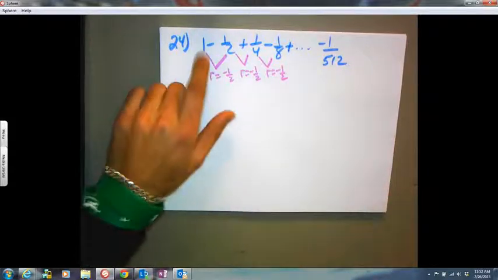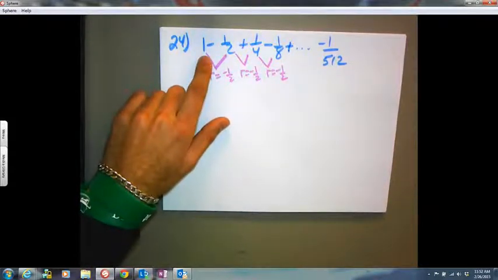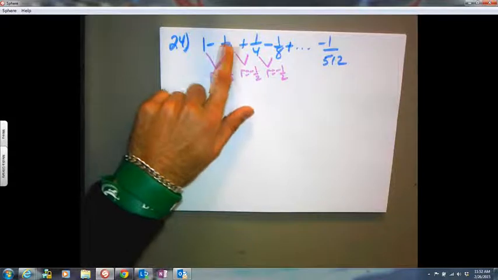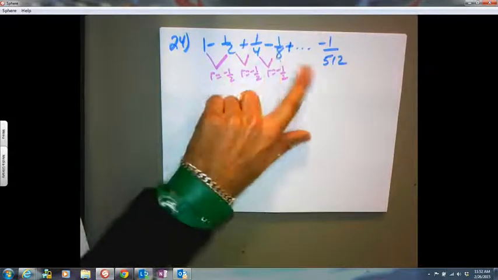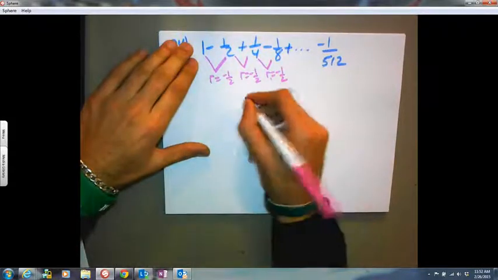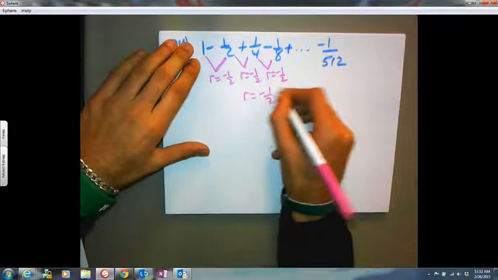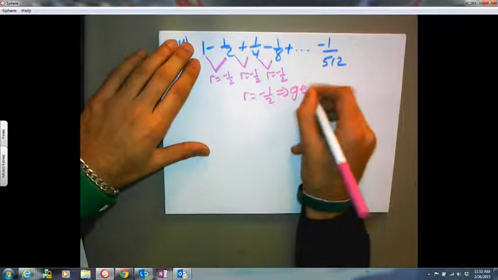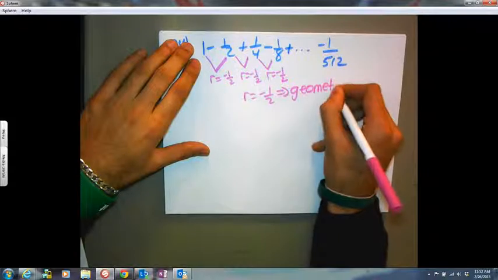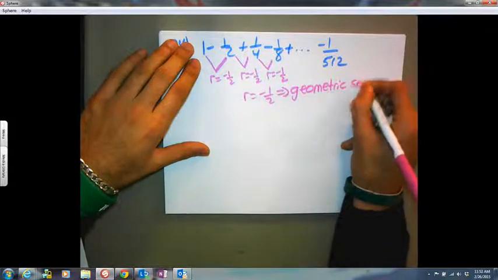Every time you're multiplying by -1/2 to go from first to second term, second to third, third to fourth, and so on and so on. So the R is -1/2. So we have a geometric sequence,